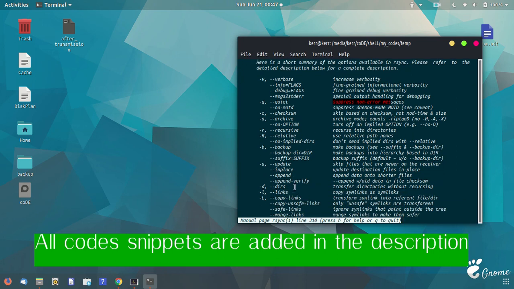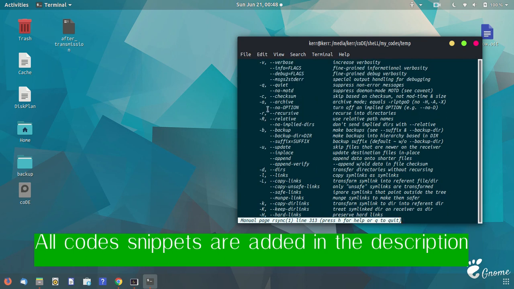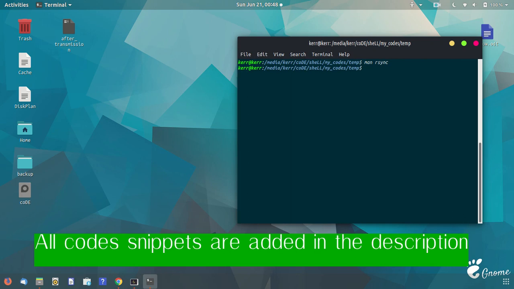And -d for the directories, and there should be an -a option as well. Yeah, that is there. That is for the archive purpose, so that will turn the archive mode on. So let's make two directories, source and destination, and make some files within that source directory. And by using the rsync command, let's see how it copies the content within that source directory to the destination directory. So let's first make the directories.